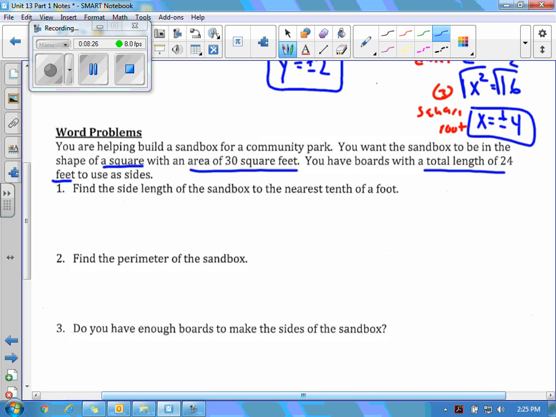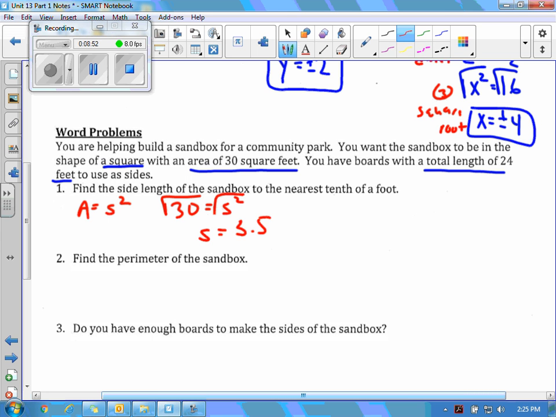Okay, and then we have a couple questions. It says, find the side length of the sandbox to the nearest tenth of a foot. So we know the area. So we know an area of a square is equal to side squared. Okay, so my area is 30, and that's going to equal s squared. I don't know my side length. So to solve that, I'm going to take the square root of both of these. So that gives me s equals